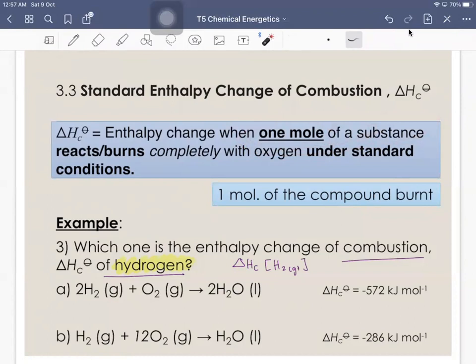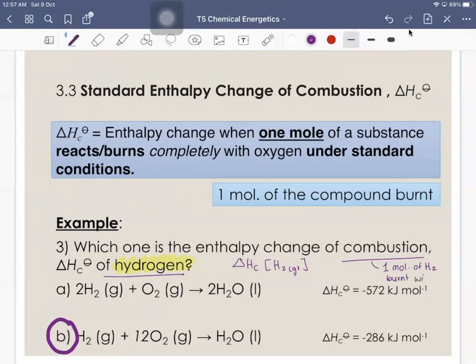Okay, so I hope you can easily spot B as the correct answer because enthalpy change of combustion is referring to 1 mole of hydrogen burnt